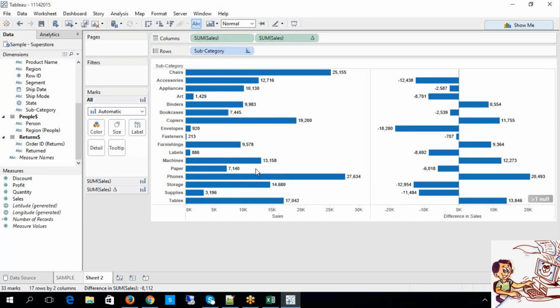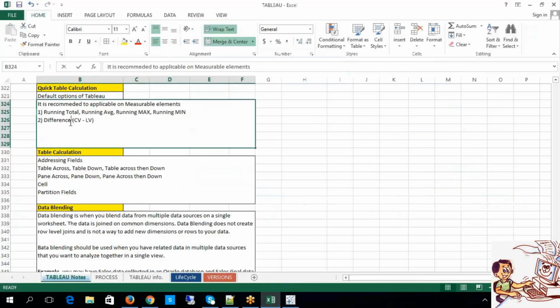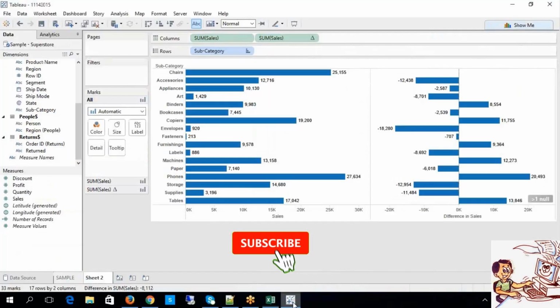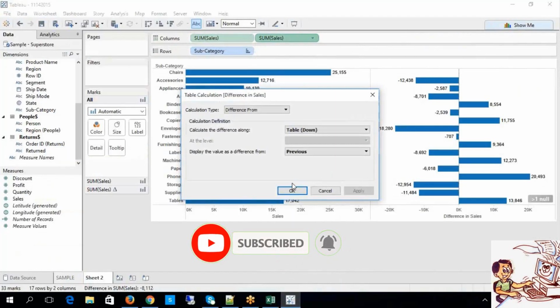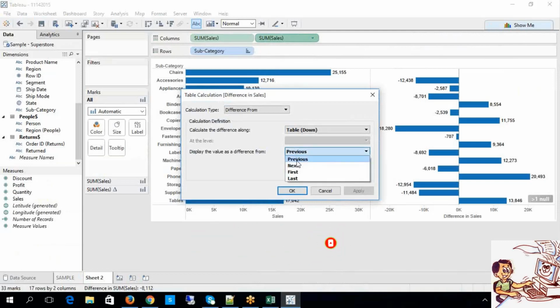That can be achievable via these differences. So it shouldn't be the case that it always should be the first value and the last value. No, you can keep on changing these elements: previous value, next value, first value, and last value. Likewise, you can play around with this as well, guys.